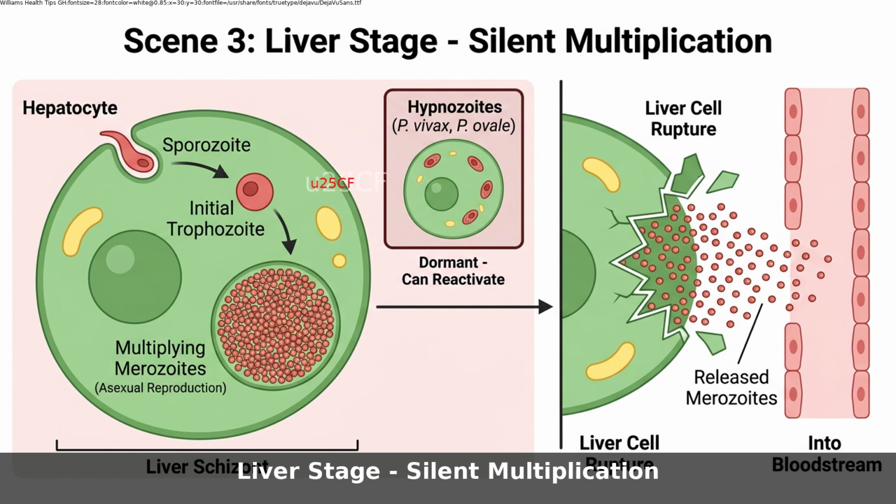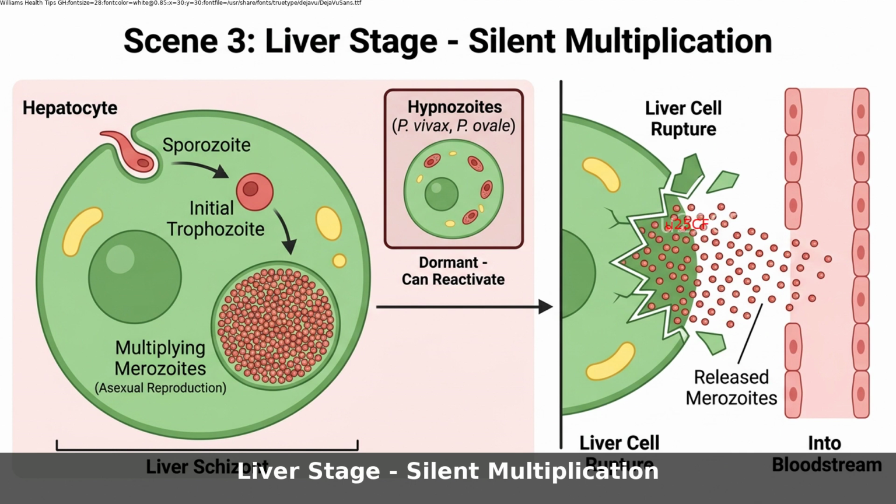When an infected female Anopheles mosquito bites a person, it injects saliva to prevent blood clotting. Along with the saliva, it releases sporozoites, the infective stage of the malaria parasite. Within minutes, these sporozoites enter the bloodstream and travel rapidly to the liver. At this early stage, the infected person usually feels perfectly healthy because the parasites have not yet begun destroying red blood cells.